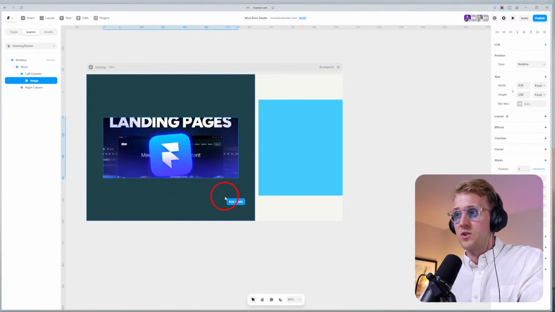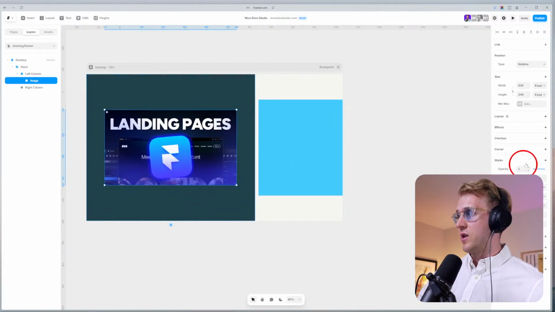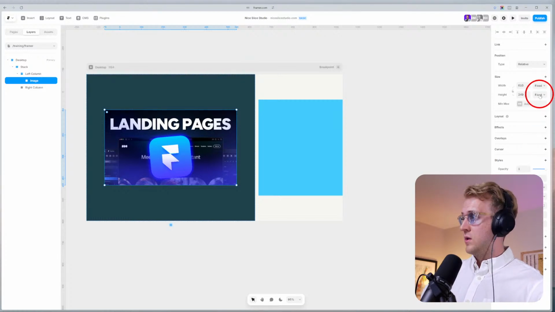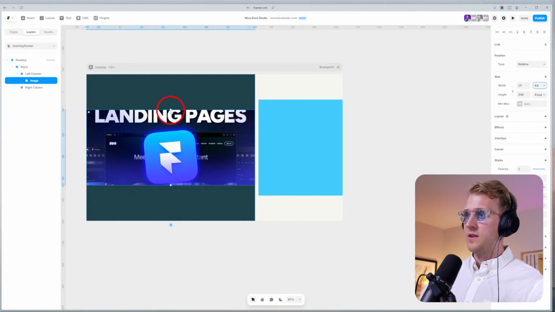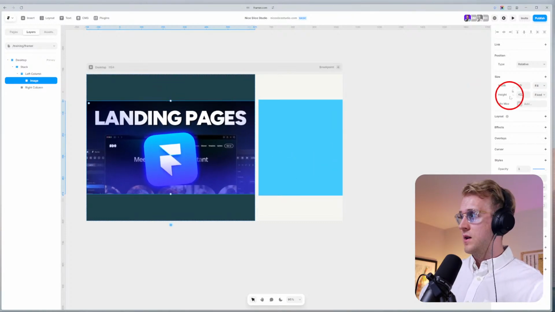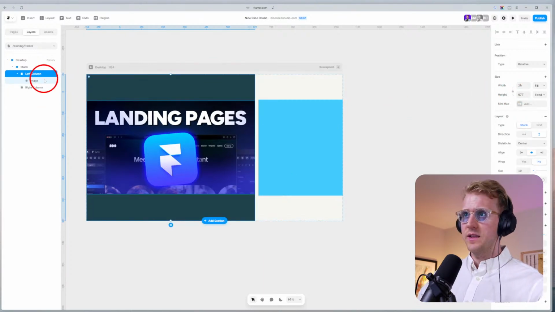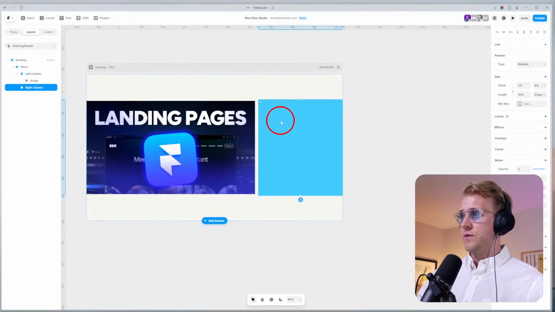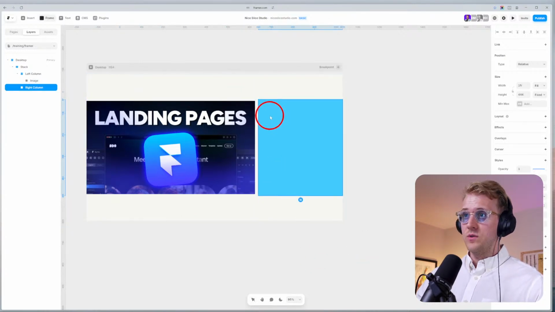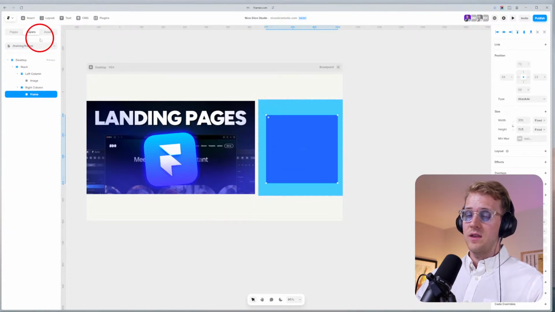But what I want to do is make sure that I see this entire image, and it's also in this kind of 16:9 ratio. So I want to go back over to fit, sorry, the width, and I want to make it fit, and then I want to drag it until I like the ratio here, and then what I could do is just lock it off, for example. Now I'm going to change the left column back to white just for the sake of this, and then for the form here, I'm going to hit F key, and then I'm going to drag a form right here, and we're going to embed the